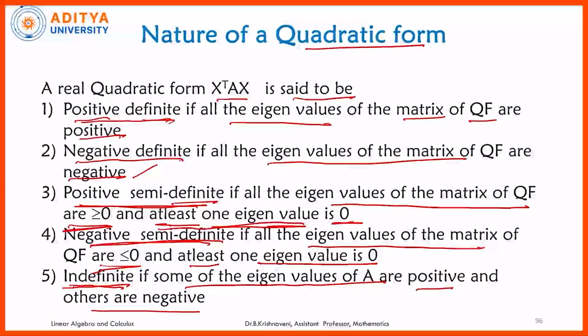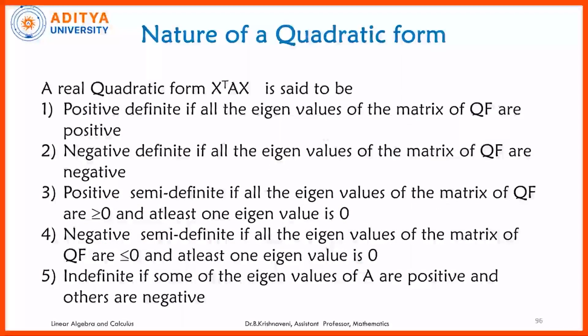In this way, we can decide what is the nature of the given quadratic form. I repeat, it is called positive definite if all the eigenvalues of the quadratic form are positive. It is called negative definite when all the eigenvalues of the quadratic form are negative. Positive semi-definite if all the eigenvalues of the matrix of the quadratic form are positive and at least one is